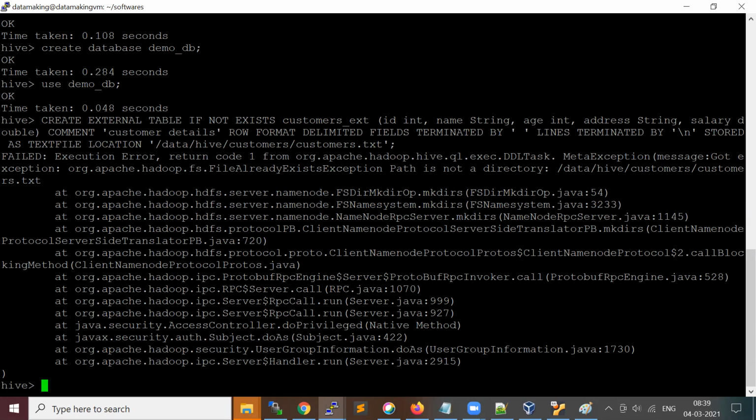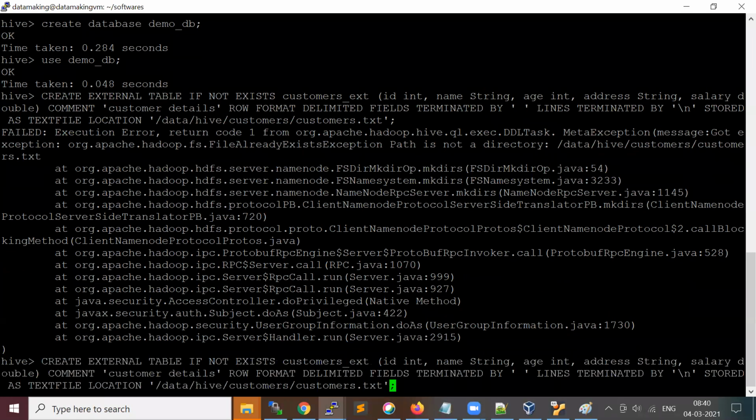This is an exception. Got exception, path does not exist. Okay, so we need to give the directory, not the file.